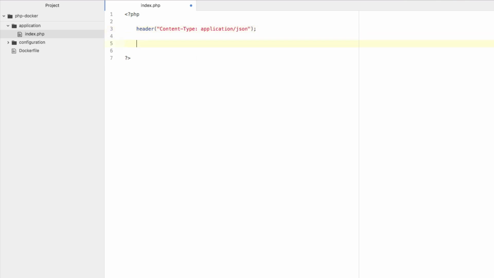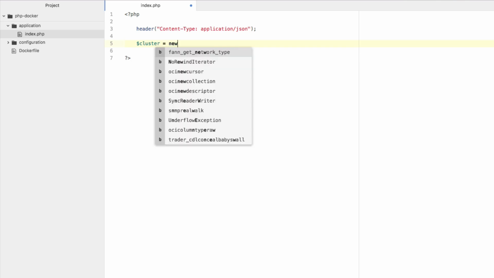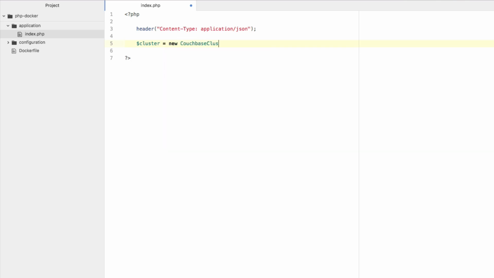We could say echo starting the application, but actually, let's leave that out. What we can do now is connect to our Couchbase cluster. We want to open up a bucket and get prepared to do what we want to do. So we're going to say cluster equals new Couchbase cluster. We're going to enter the